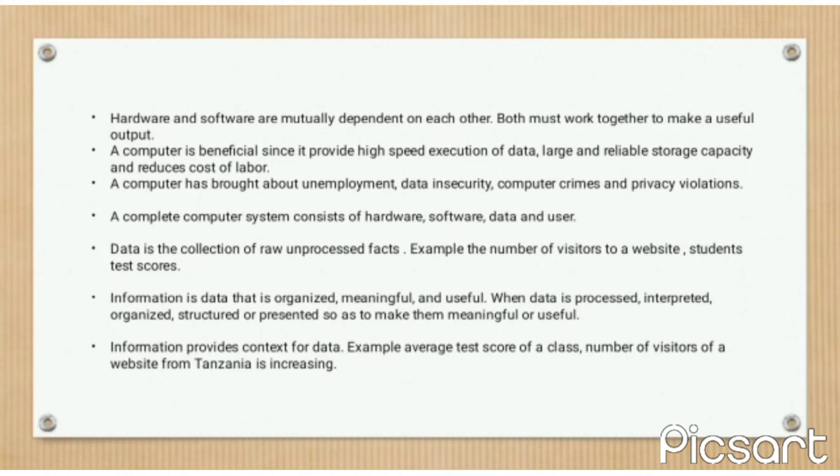Apart from those benefits, also there are some disadvantages caused by computer, which are unemployment, data security, computer crimes, privacy violation. A complete computer system consists of hardware, software, data, and user. And data is a collection of